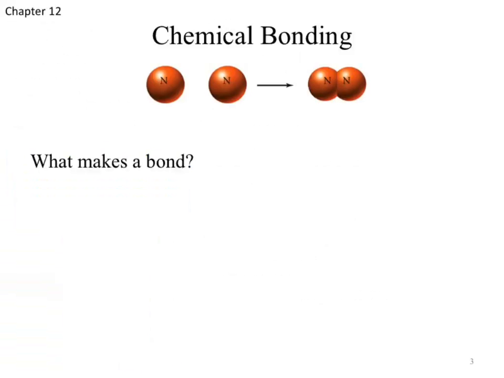Okay, so you guys got a little bit further than the afternoon section, so the initial slides are going to be review. So when we first talked about chapter 12 last Thursday, we looked briefly at chemical bonding and what makes up that bond. So what's our conclusion? What's going to make the bond between these two nitrogen atoms? What's the first thing that's going to interact between any atoms?